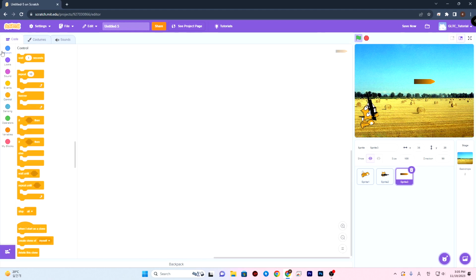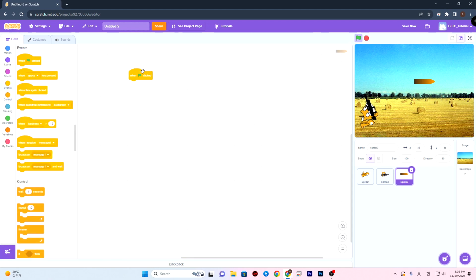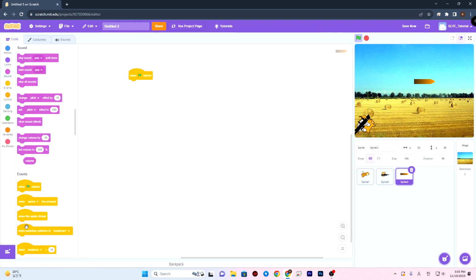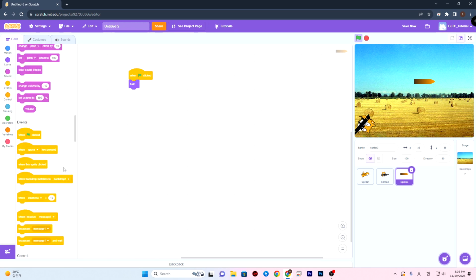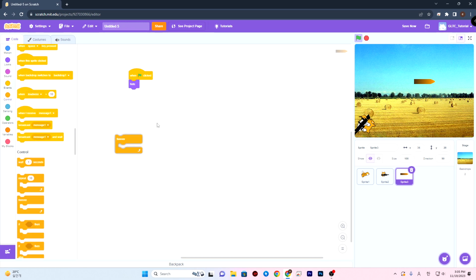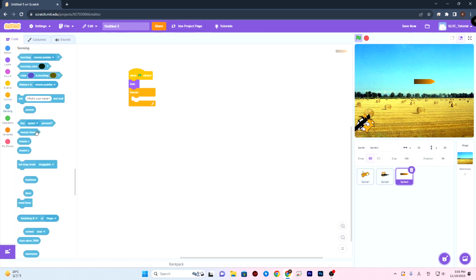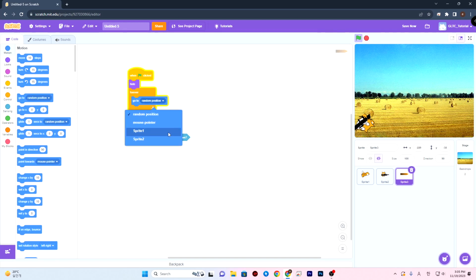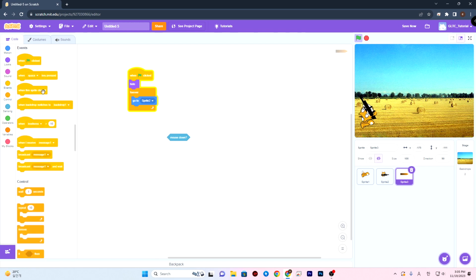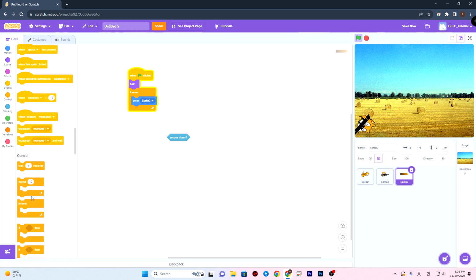So when the game starts, green flag is clicked, hide. And then bring forever in the sensing, mouse down, and forever it should be in the position of sprite 2. Event, forever. If mouse down,